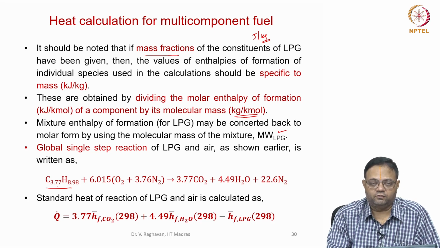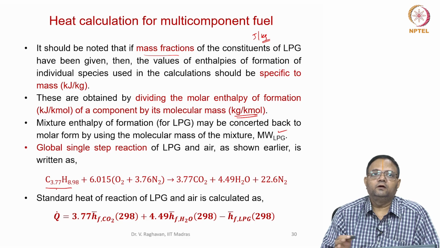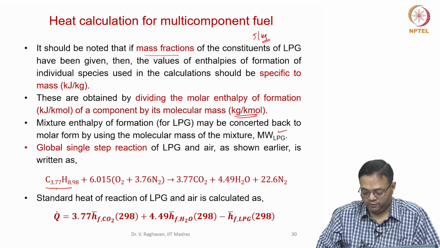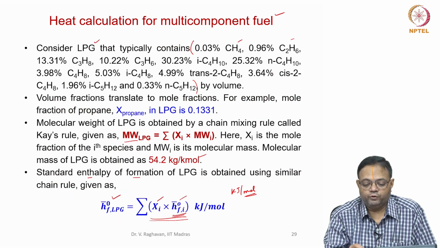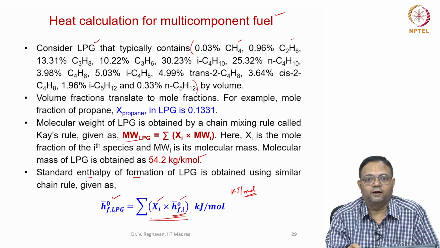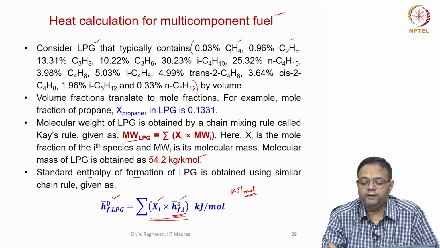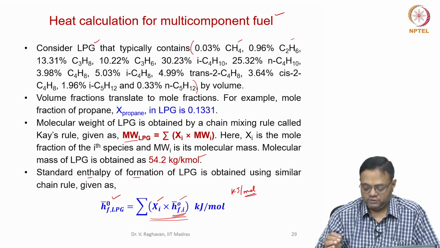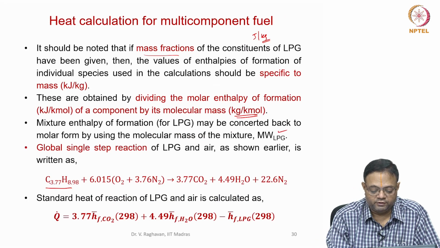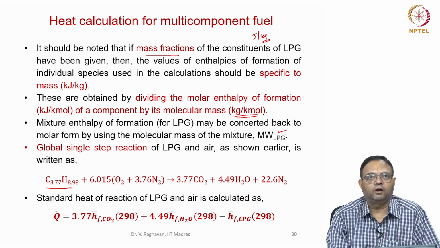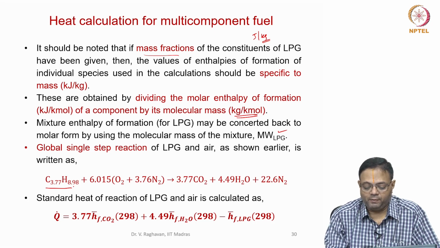How it is got is by considering 1 kilomole of the substance. For example, in this mixture, if you add the percentages, it will be 100. So, divide by 100, so that you will get 1 kilomole of this mixture, the percentage corresponding to the 1 kilomole. Now, add the C and H and put the numbers in this. So, C3.77, H8.98, obviously it will not be an integer. So, for this, balance this